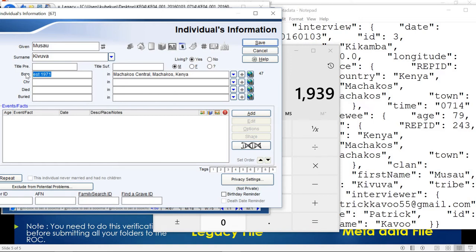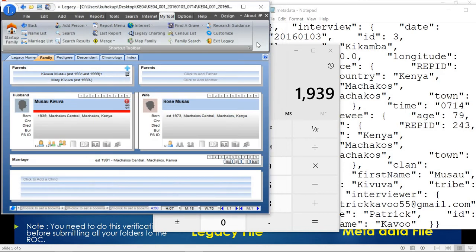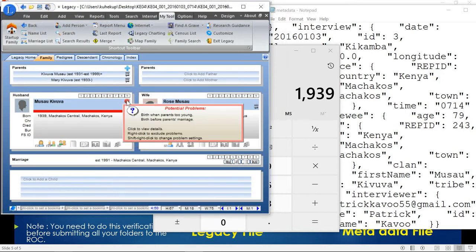if you don't know the month or the day he was born, you should say 1939. Well, if you do this, they're going to tell you, oh, maybe, you see, his age, oh, birth when parents too young, birth before parents marriage. Well, you'll have to deal with this correction, because